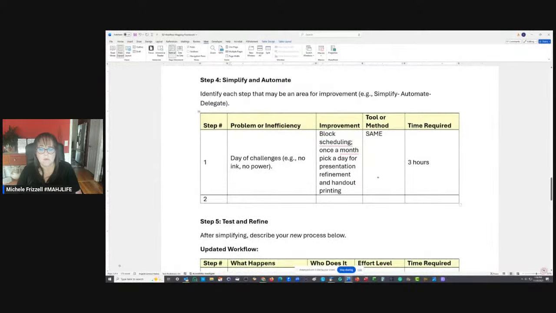That way, again, you can just go to your staging area, get what you need for your lesson, and you're done.